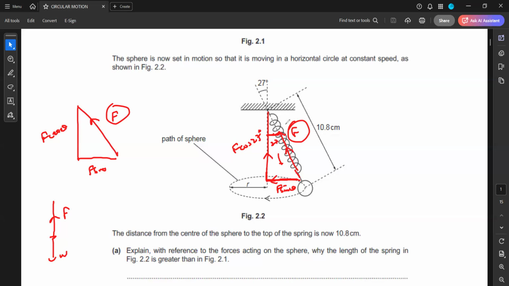So this will be the force of the spring, which will be a combination of F cosine 27 and F sine 27. So the spring was actually horizontal,